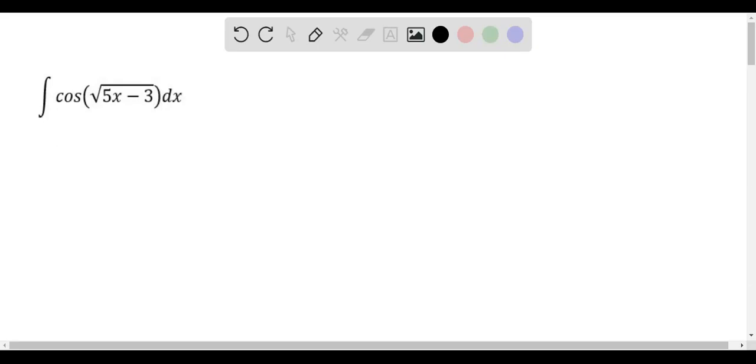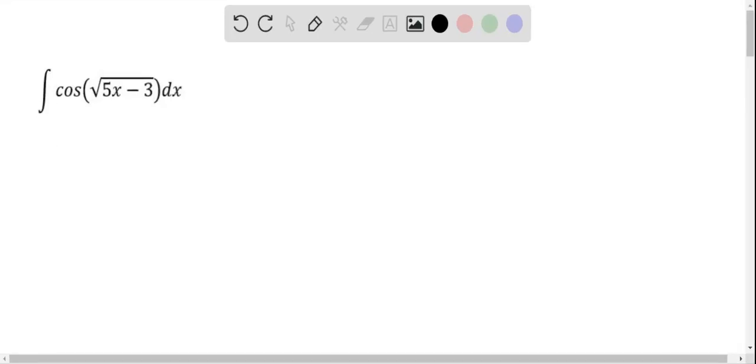Now evaluate this integration of cos of square root of 5x minus 3 dx. So we can integrate this by substitution method. Let me put square root of 5x minus 3 equals t. So this is the substitution which I'm going to make, so that this integral will be simplified in terms of